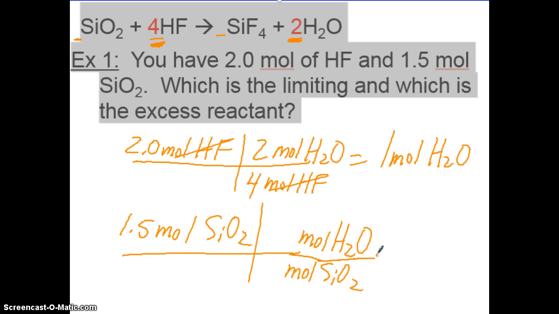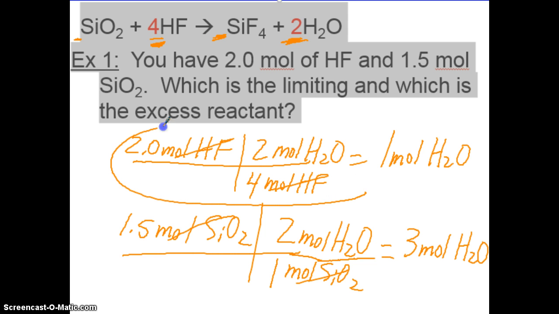And I get 1 mole of SiO2 because that's what it said up here. And then again, I'm going to use my 2 moles of H2O. So the units cancel, and 1.5 times 2 gives us 3 moles of H2O. So from this, if I'm given 2 moles of one and 1.5 moles of the other, this one is going to produce less product. Okay, so we're going to call this our limiting,